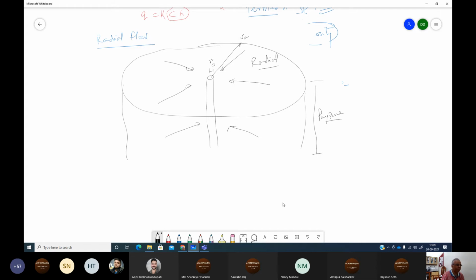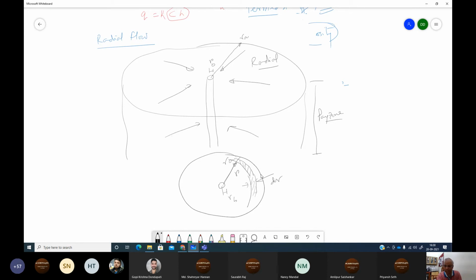So I take just a 2D cut of it. So this is my RB, the well bore, and this is RA. Now if I take a thin strip here, which is, let's say, my dr, so at any distance r, I'm taking a thin strip dr. Okay.